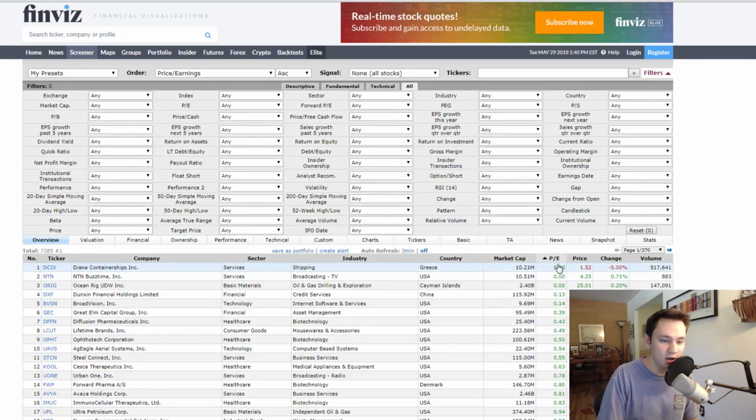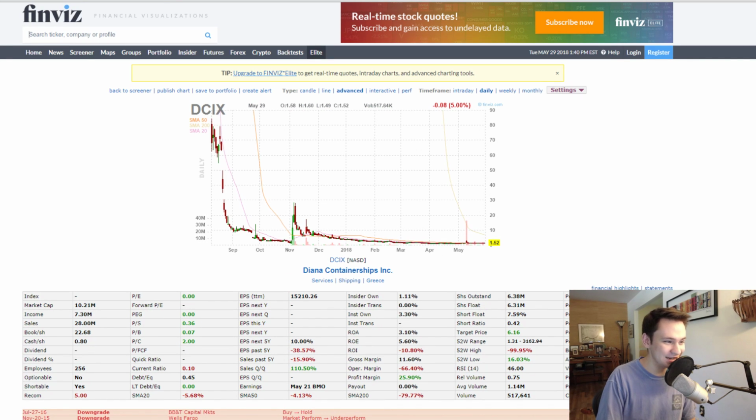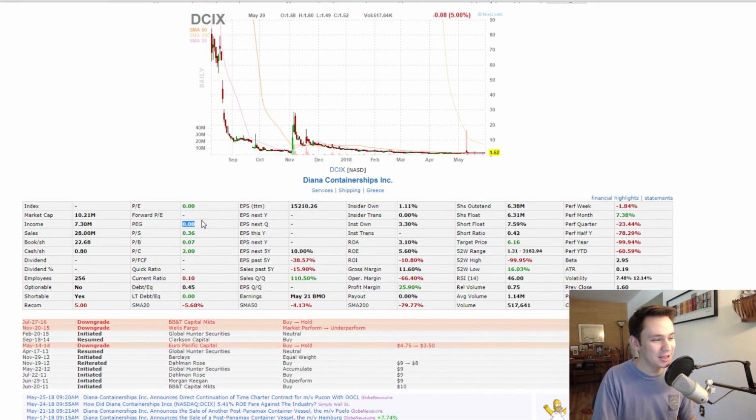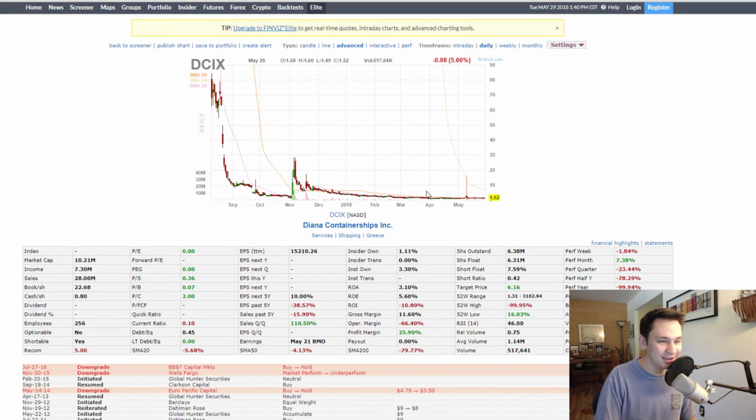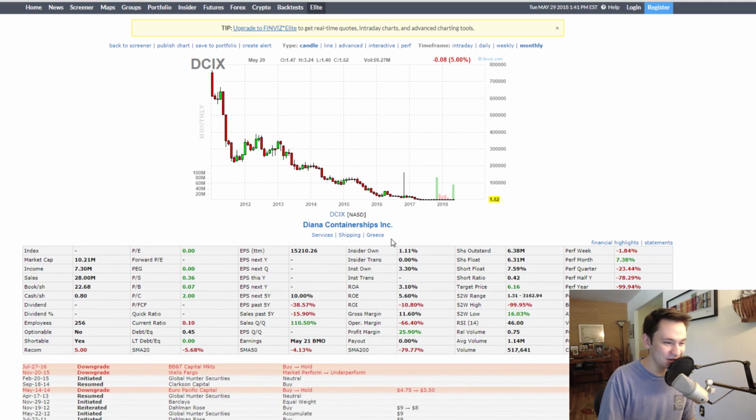Like if you just sort the entire market by price-to-earnings ratio, lowest compared to highest, you can find companies that have a 0.0 price-to-earnings ratio. I mean, look at this PEG ratio. Look at all this green. This is really exciting, right? But you can tell this company has not been doing well lately at all. I don't know what the hell this stock is or what's going on here. Greece, that might explain it. But yeah,